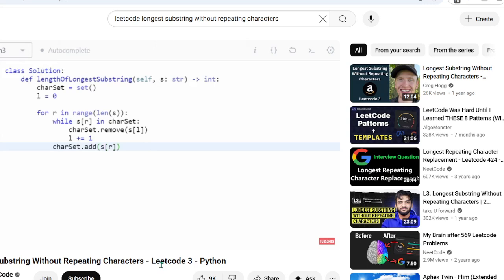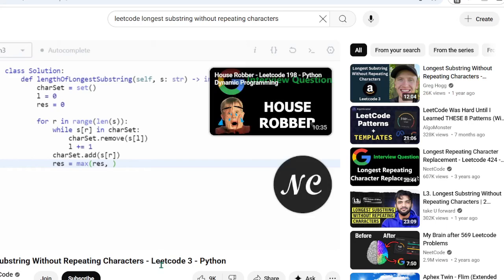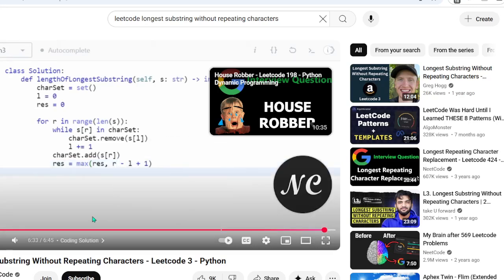And since at this point we know for sure that our substring doesn't have any duplicates, we can potentially update our result variable, which I never declared, so let me declare it up here. Result is initially going to be 0, and now we can update our result, so we can potentially make it larger if the current window size is greater than what it is right now, which we can compute by right minus left plus 1. Okay. And then at the end, once we've gone through the entire string, we can return the result.